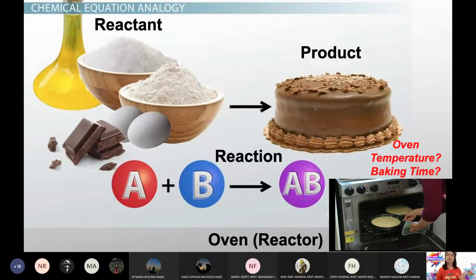So kenapa faktor ni dia ambil kira? Sebab it is influenced by the reaction. So now you can understand the complexity of reactor design is purely because reaction itself is very diverse. So contohnya dalam plant kamu, let's say your plant produces this product C. Okay, so all this while product C ni plant kamu hasil menggunakan let's say raw material A, raw material B. Okay, so dah ada design reactor, dah ada reactor dia.